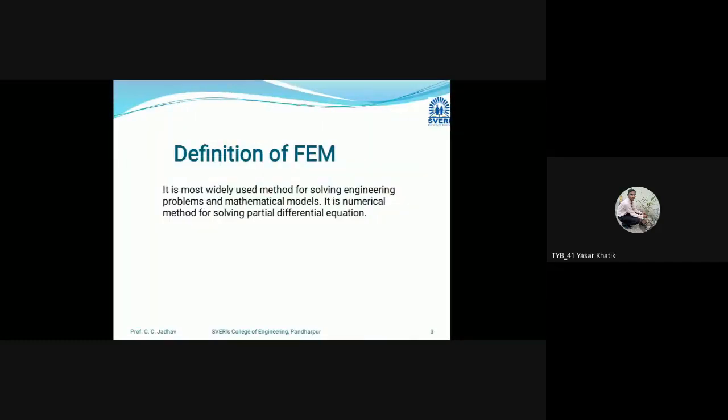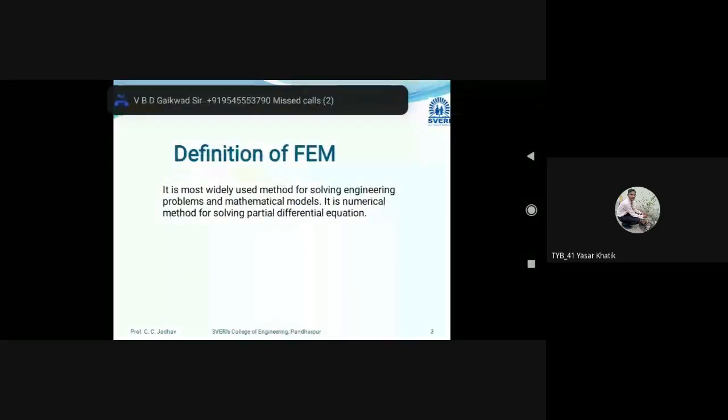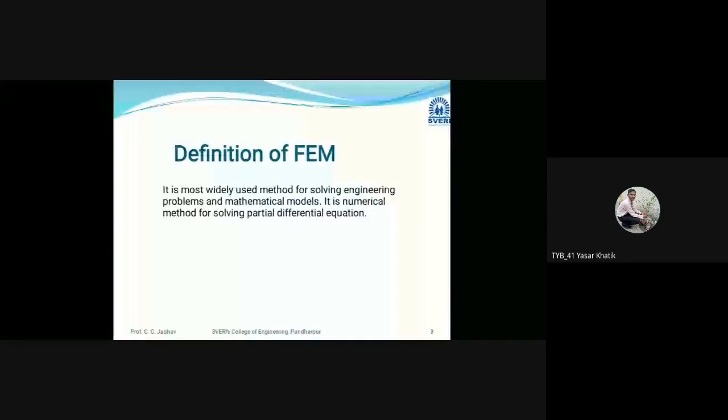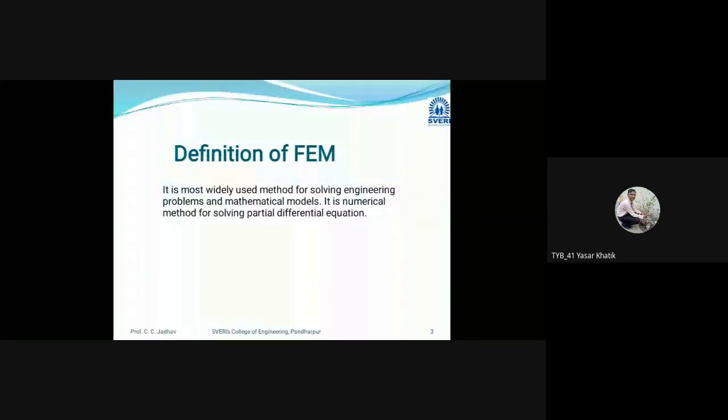In that solution, we use the best one. FEM is a particular numerical method for solving partial differential equations in two or three variables, like x, y, z, u, v, w. That problem will be subdivided from a larger system into a smaller system. Whatever the given one-dimensional bar element, say 100 meters in length.